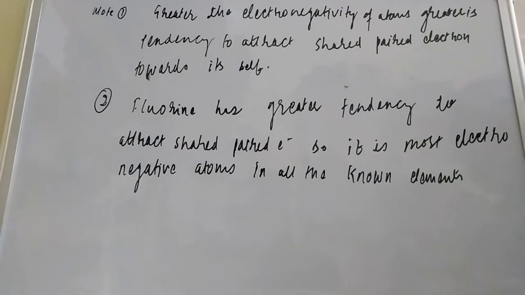Now what is the third point? Let us move and understand the next point, friend. Electronegativity is measured with the help of the Pauling scale. How do we measure electronegativity, student? We measure electronegativity with the help of the Pauling scale, which is based on the bond enthalpy of different bonds. We will explain that under a different heading.